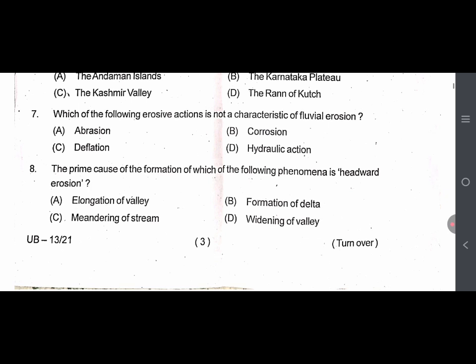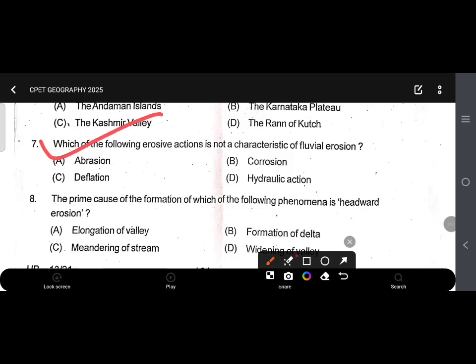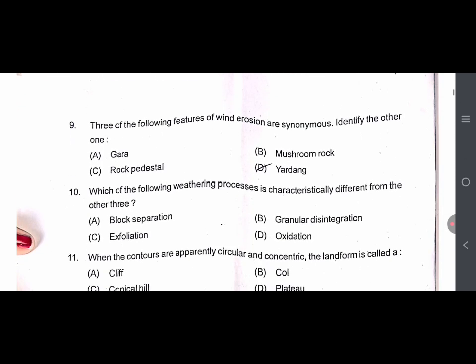7. Which of the following erosive action is not a characteristic of fluvial erosion? ठीक आंसर टी हबो ऑप्शन ए। Question number 8. The prime cause of the formation of which of the following phenomena is headward erosion? ठीक आंसर टी हबो ऑप्शन ए। Question number 9. Three of the following features of wind erosion are synonymous. Identify the other one. ठीक आंसर टी हबो ऑप्शन बी।